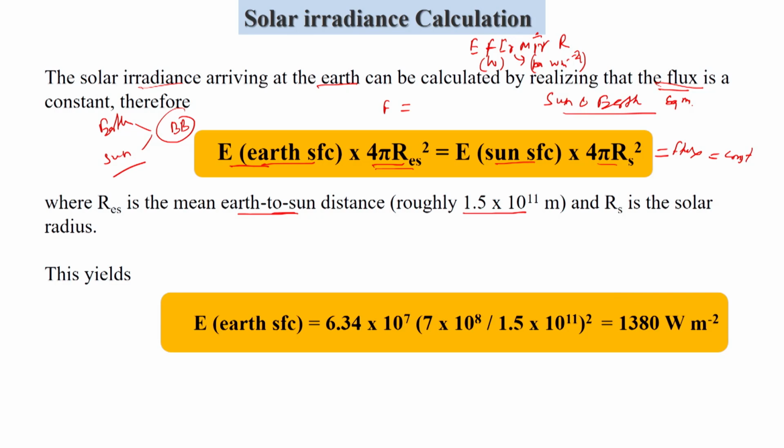These two have to be in equilibrium, and we assume that r_ES is 1 astronomical unit, which I talked about, so this will be 4 pi r squared. You just put these numbers here, and you will be able to get the irradiance of the earth surface,